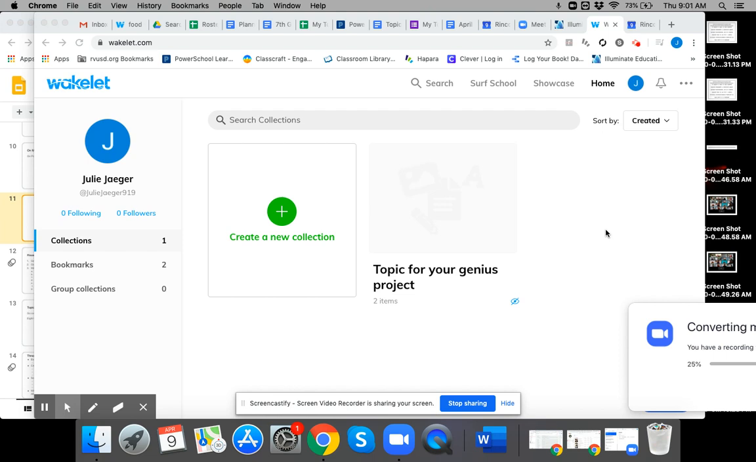This is a quick tutorial on how to add a person as a contributor to your Wakelet collection. So first, log into Wakelet. It should look like this. You should have your login information here, and you should have your collection that you've created for your Genius project